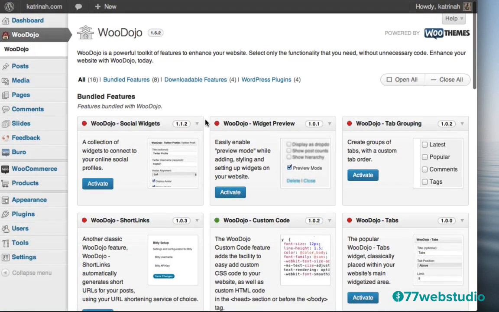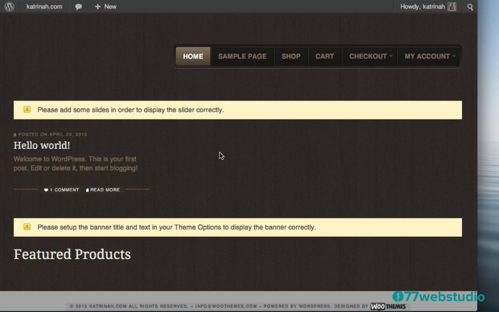Let's take a look at what the website looks like and see what we need to start with. So I'm going to go up to the top right here, underneath the website name, and I'm going to click on Visit Site to visit the home page of our new website. So here we are on the home page of the Buro theme that we just installed, and you can see I have quite a few error messages. You may have similar error messages, or maybe you only have one or two or just one error message, but as we see here, there's quite a bit of work we need to do.